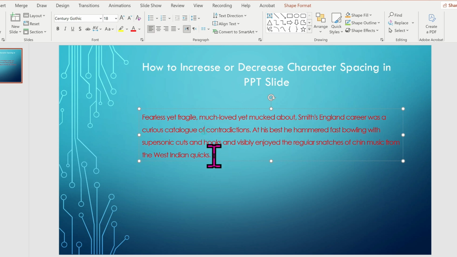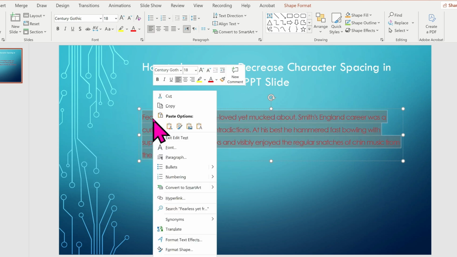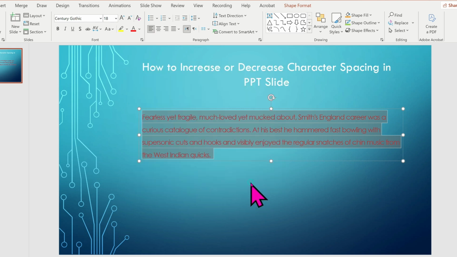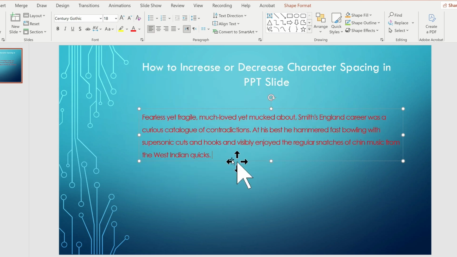And further, you can also use your favorite font size, go to the character spacing and kerning for fonts, and you just need to increase the font size, for example 16. And here you can see the font size has been increased. So this way you can increase or decrease character spacing in